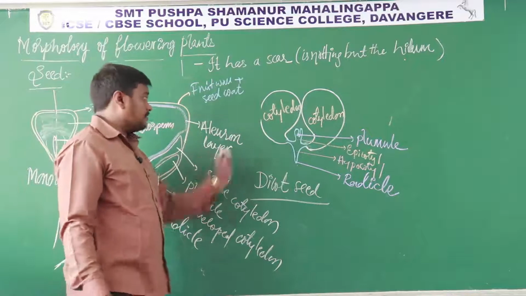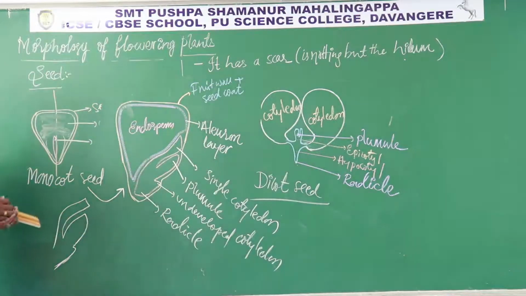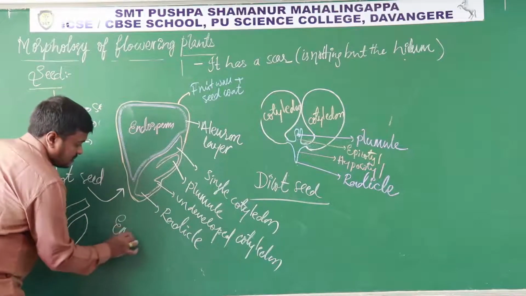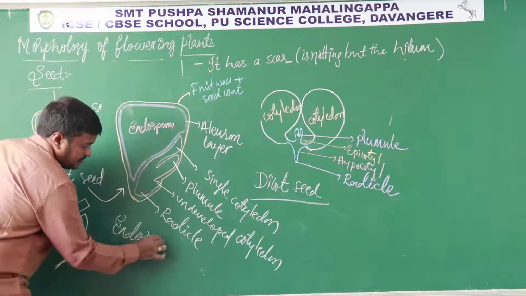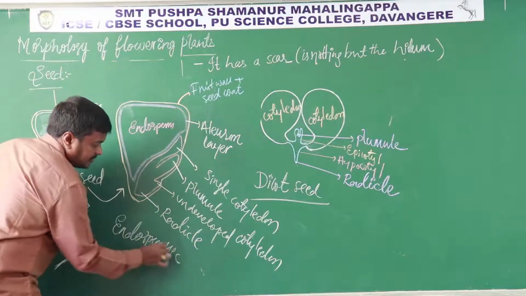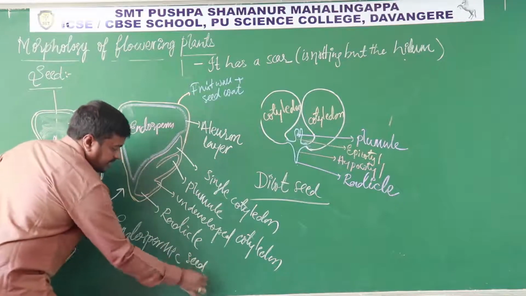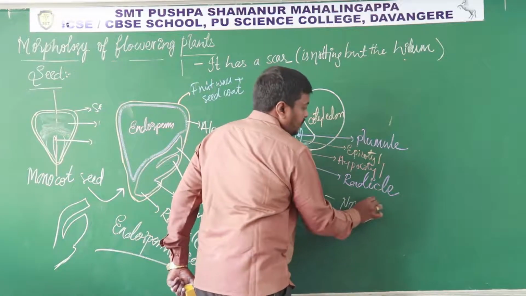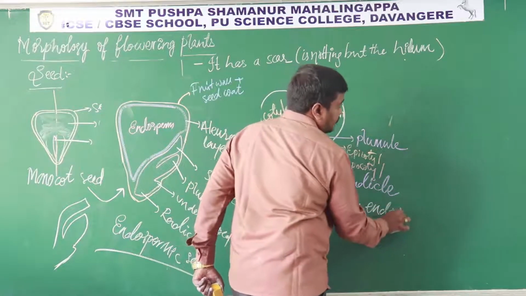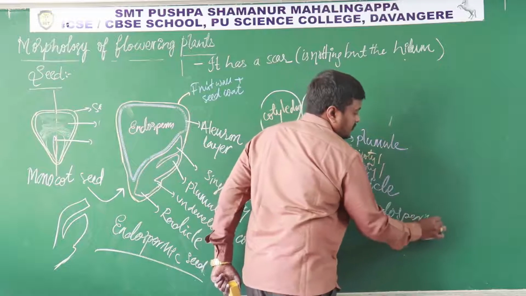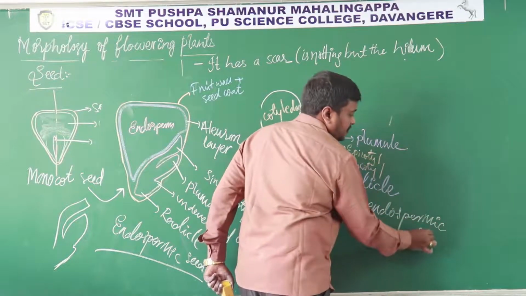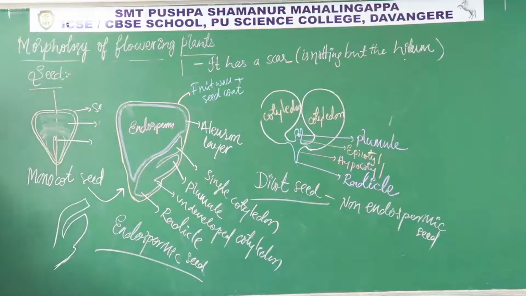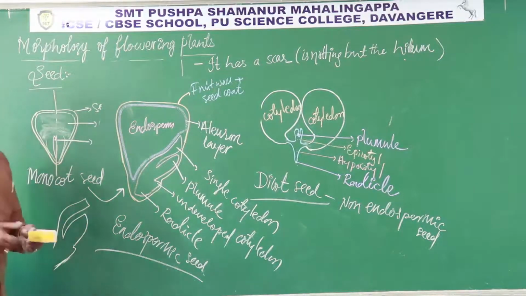With respect to the presence and absence of endosperm, this monocot is an endospermic seed, whereas this dicot seed is a non-endospermic seed. Okay, so the structure of this seed with respect to endosperm and the development of endosperm,